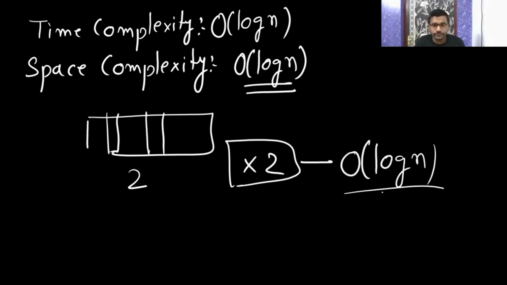Okay, understood? This kind of problems we have seen in time complexity. We have some loop where we are multiplying by 2 or dividing by 2. Are you able to recall that? So this is the best approach. You got it, the time complexity is going to be big O of log n and the space complexity is big O of log n. Fine. Hope you have enjoyed the session.